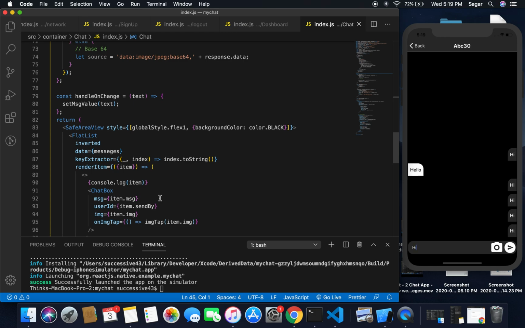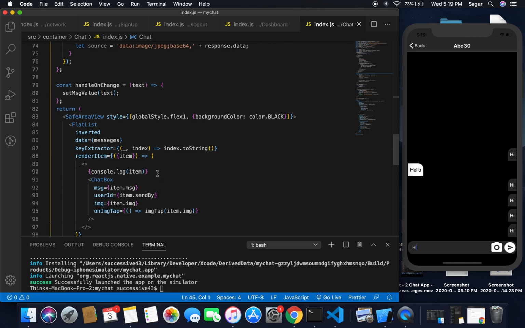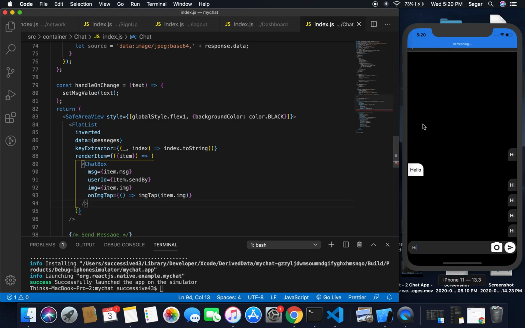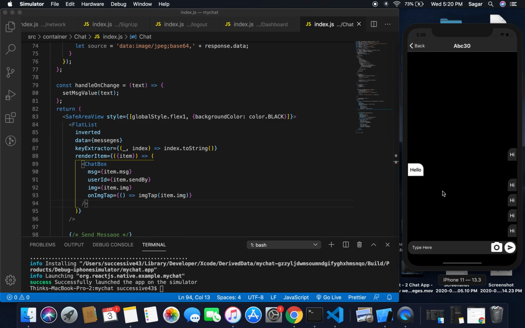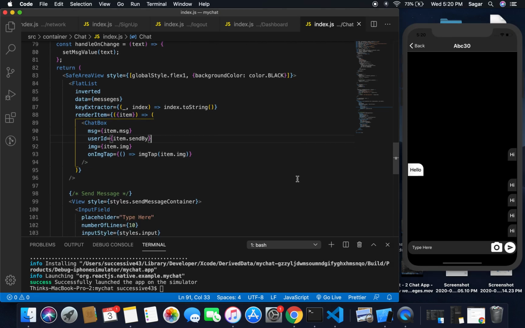No, it's fine, but why is it storing the value like this? Okay, let me remove console log here, as I'm using fragment here, and remove this one as well. Save this one. If I move back, and the user is ABC30, then he says hi hello. Okay. Then I'm getting the message here